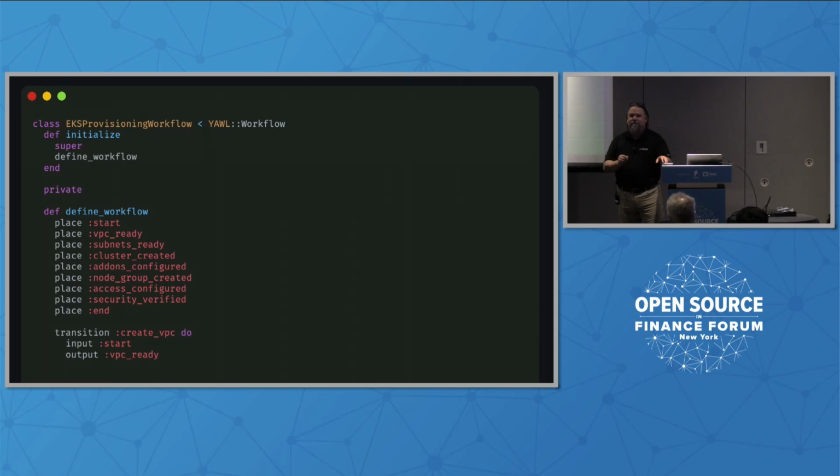Is it sitting in the right VPC? Is it sitting in the right landing zone with the right VPC? We have no way of being able to check those things. So